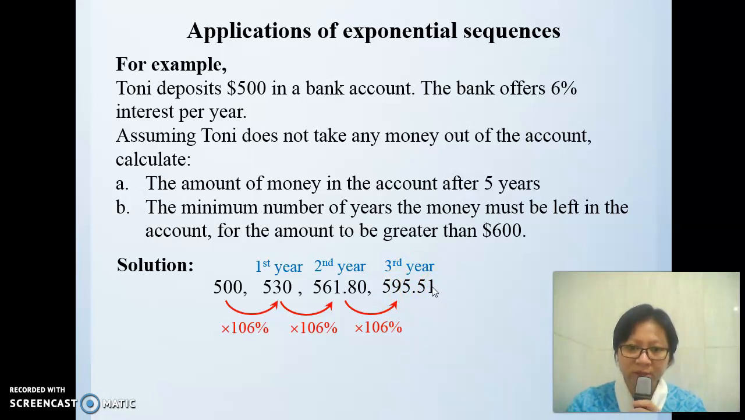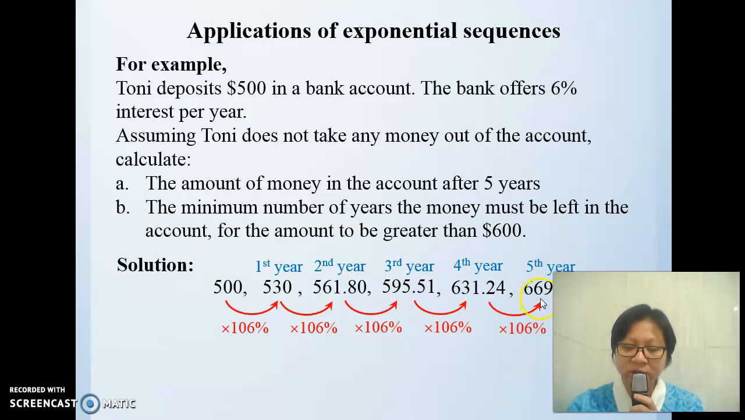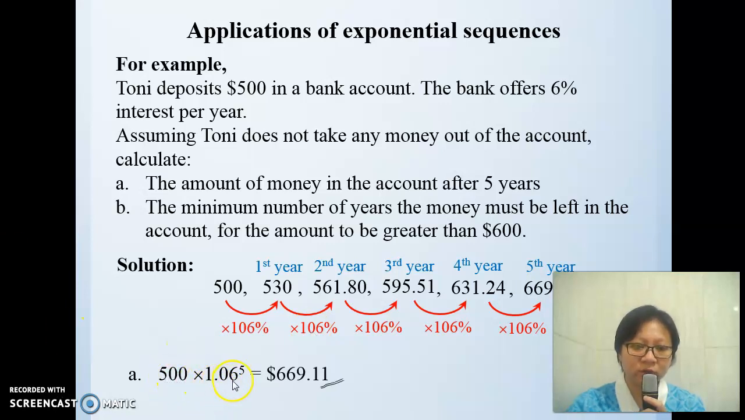In writing money, we are using 2 decimal places. Okay, you need to round off to 2 decimal places here. At the end of the 4th year, Tony will gain $631.24. At the end of the 5th year, Tony will gain $669.11. Okay, if we are using the nth term formula, we can write down 500 times 1.06 to the